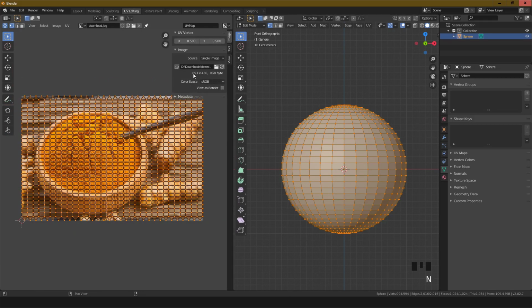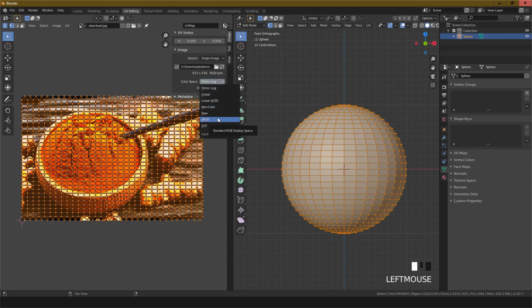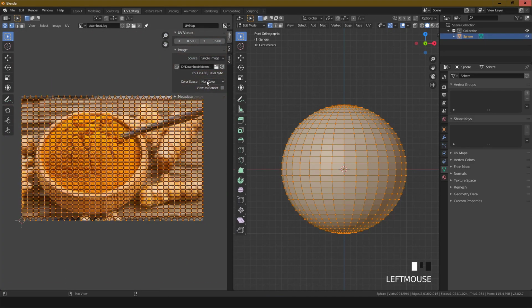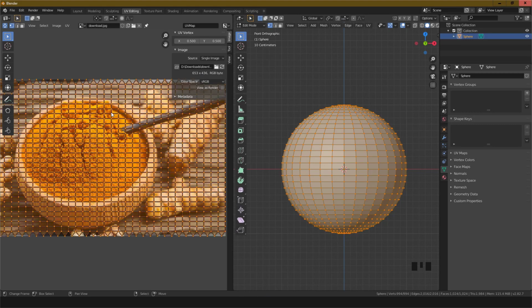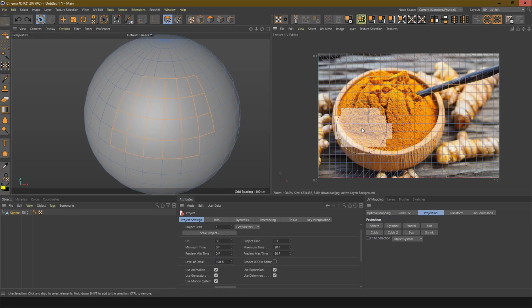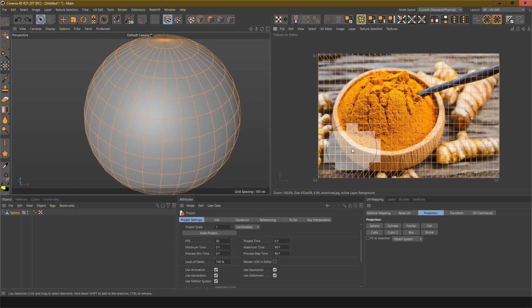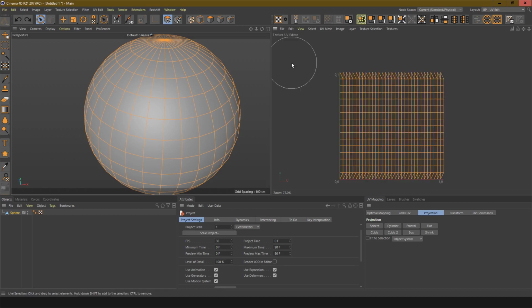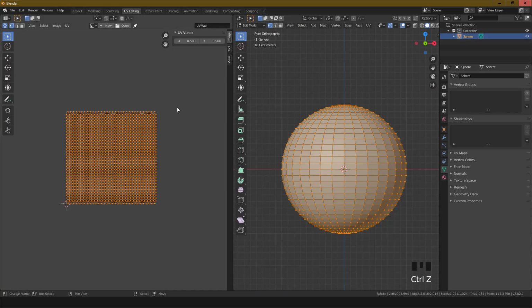Or you can change the image color space to raw, non-color, and the default was sRGB. Close this texture. Or in Blender,